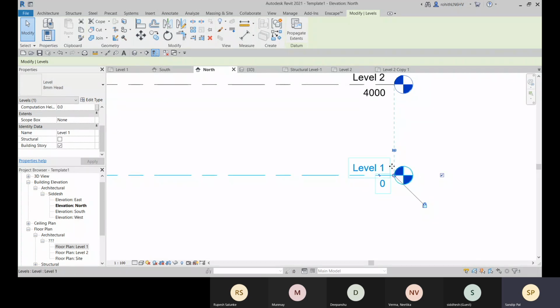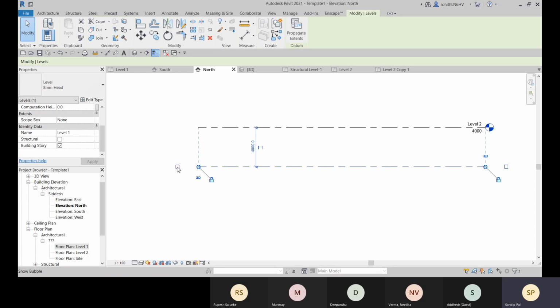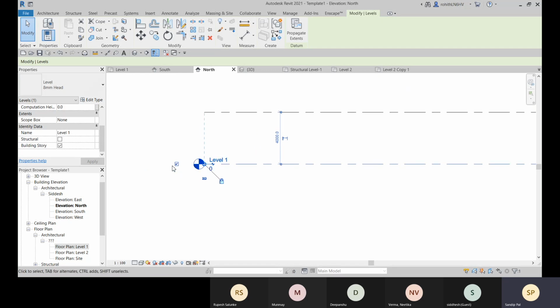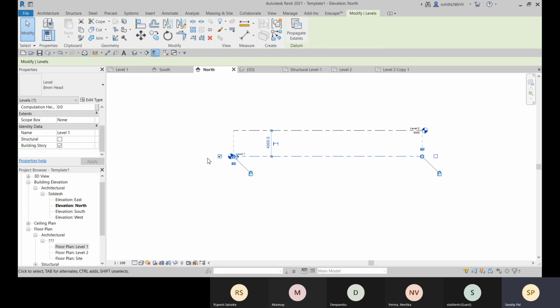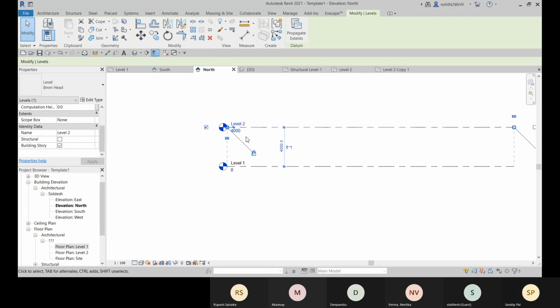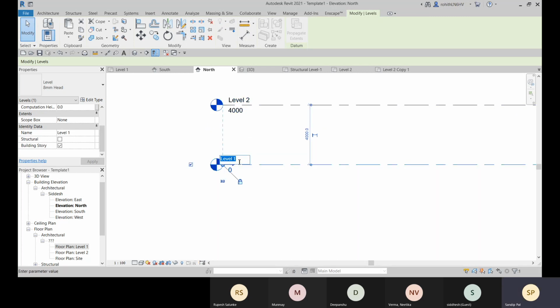And this option is checked to show the grid head to this side. And if it is unchecked, the grid head will not be visible to this side. And you can check this to this side. Okay. All right. So now you see this is the level. These are the levels. So you have to select this way and then check uncheck your level heads, and you can rename it.